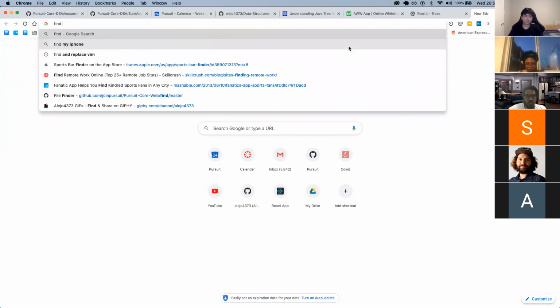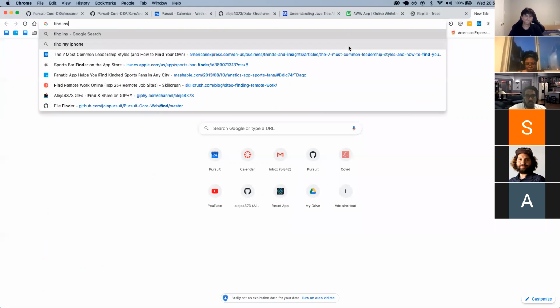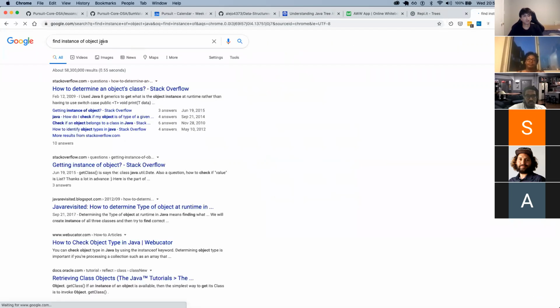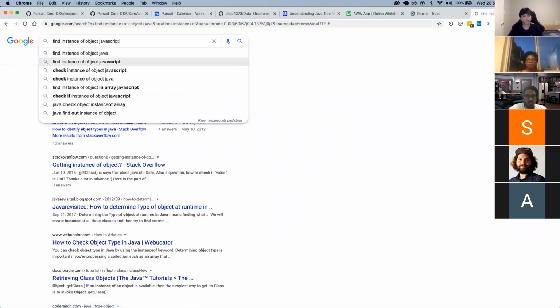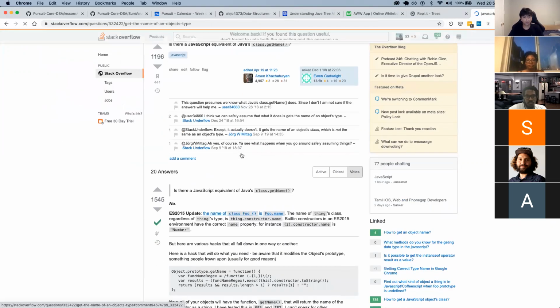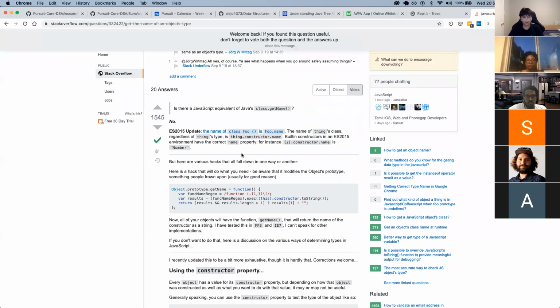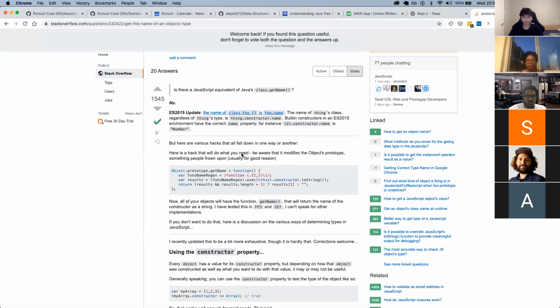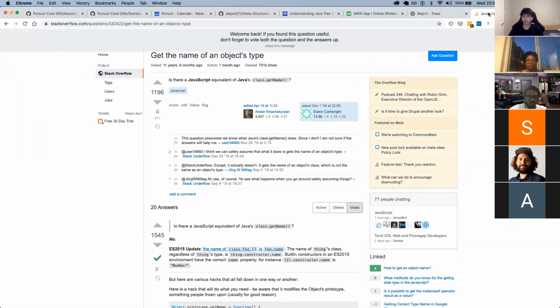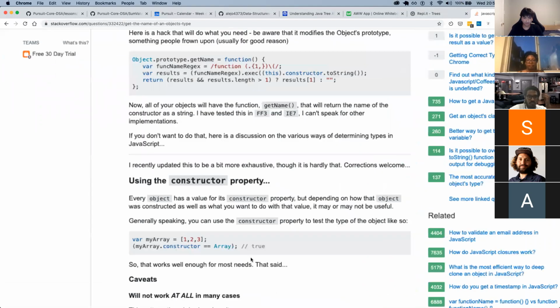I think it's for that instance. Get the name of an object type. Oh, maybe we could use it with a constructor. You can see this example here.